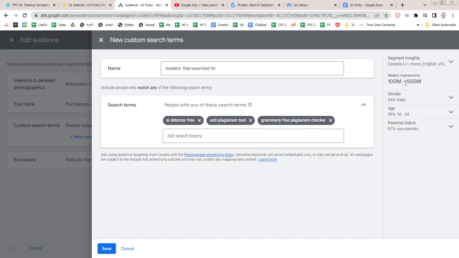500 million people. And the advantage is that you can target these people even though they're not searching for your tool right this instant. They might find it useful. They're probably still in college. And I can't remember, I think it's 30 days, the period when they search for this. But I would separate this as a different campaign, or sorry, a different ad group. And that way you can target people that are very much interested in this thing that you're selling, even though they're not specifically searching for it right now.